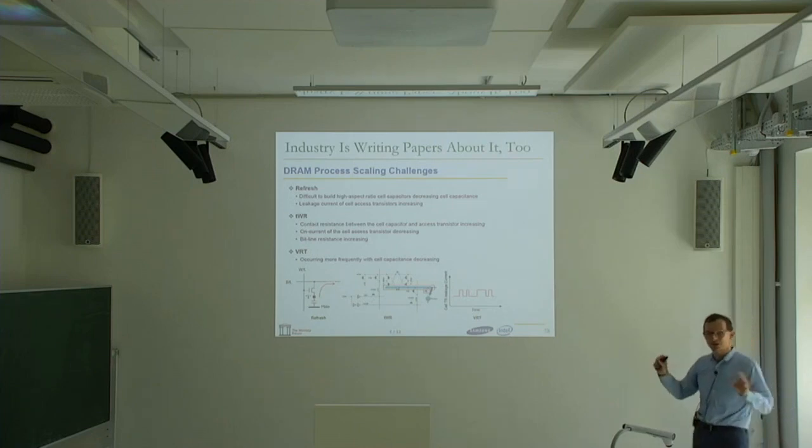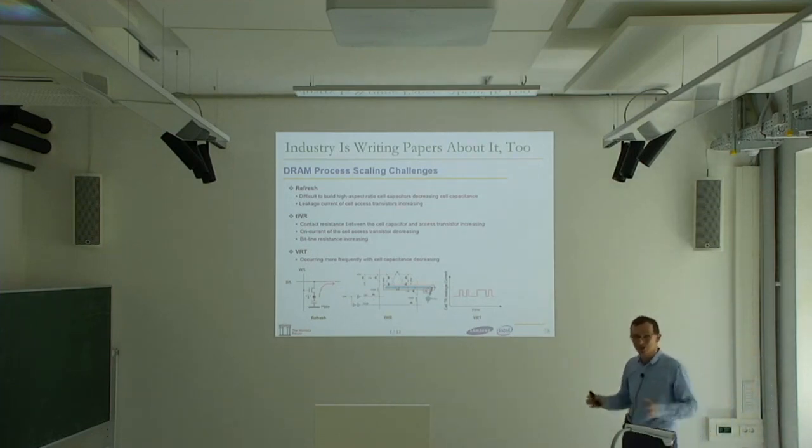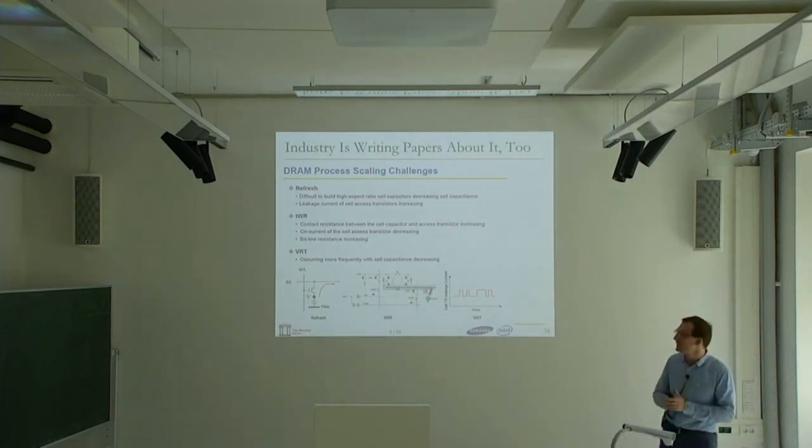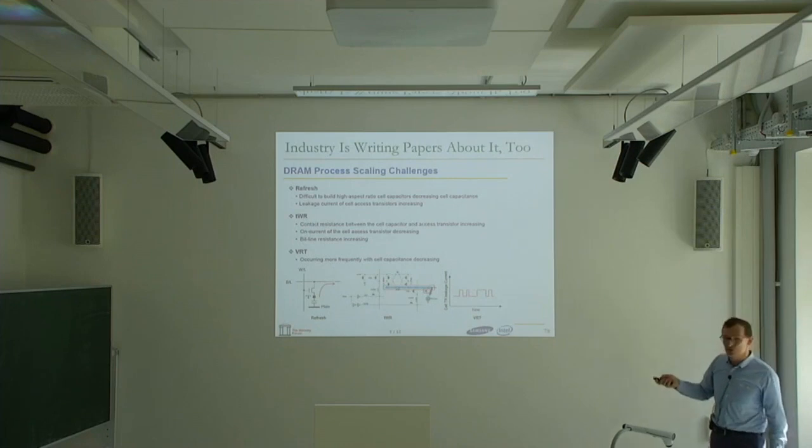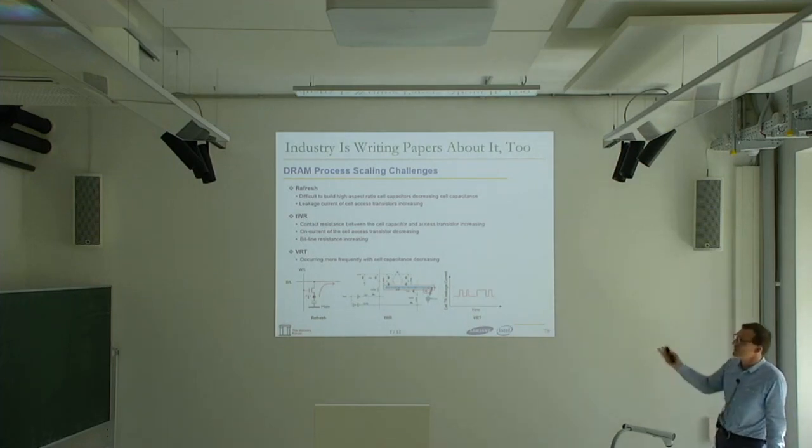This is the quantum-like effects I mentioned in the access transistor. Access transistor sometimes becomes very leaky. As a result, your retention time goes down a lot. And they said that this is very difficult for us to solve these problems easily. And they basically talk about some solutions in this work. One of the solutions is actually one of the solutions that we proposed. I'm going to talk about that later on.